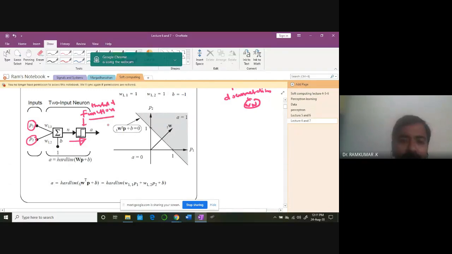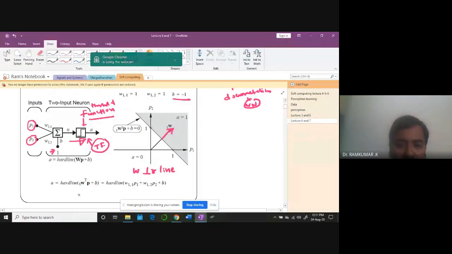In our problem, in fact, the bias is -1 in this case. So far we only had the bias, more like a threshold. Now we are introducing the transfer function at the output. It limits the output to be either 0 or 1. Now this is the line we are talking about, and you can see clearly the weight vector is pointing exactly perpendicular to the line that you have drawn.